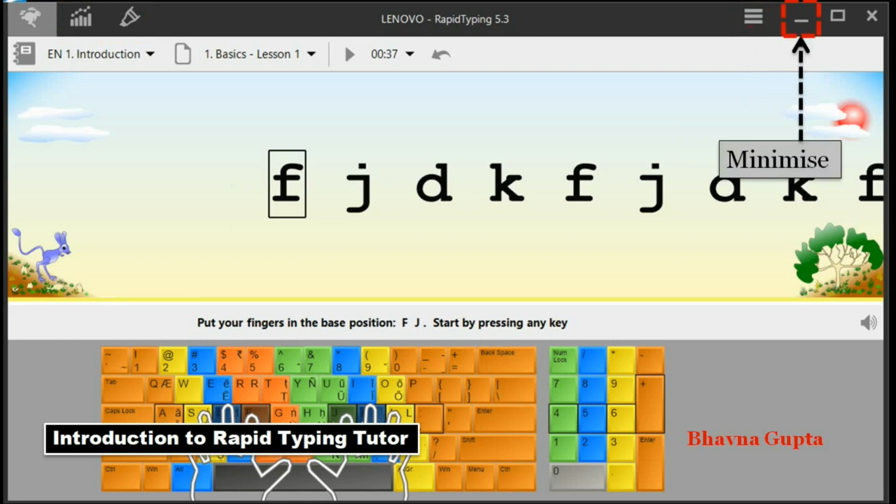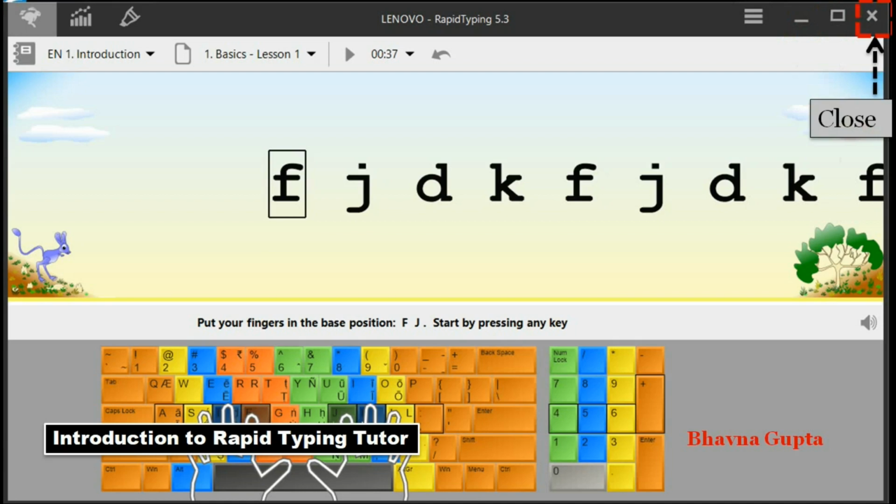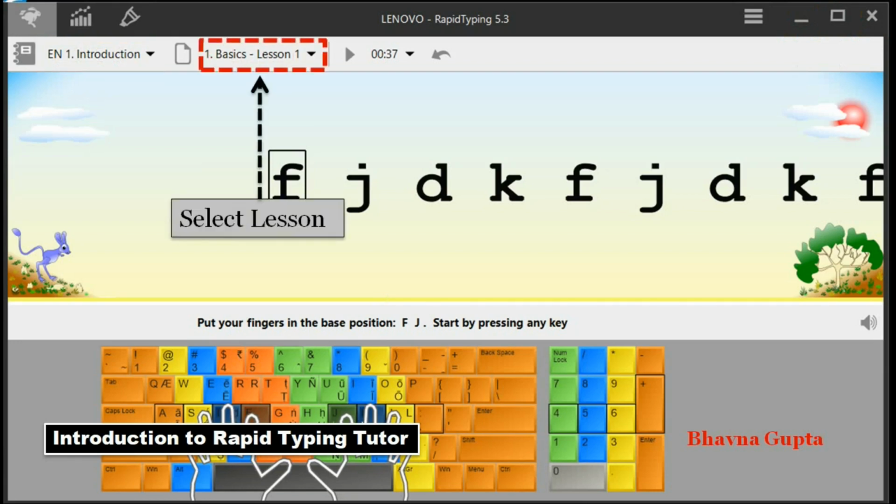This is the minimize button, minimize the window, this is the maximize button, maximize the window, and this is a close button, close the window. This button is called the select course button and it helps select the type of course. This is the select lesson button. It selects the lesson.